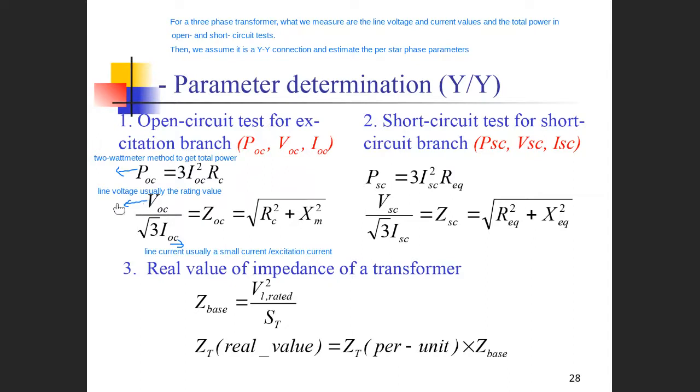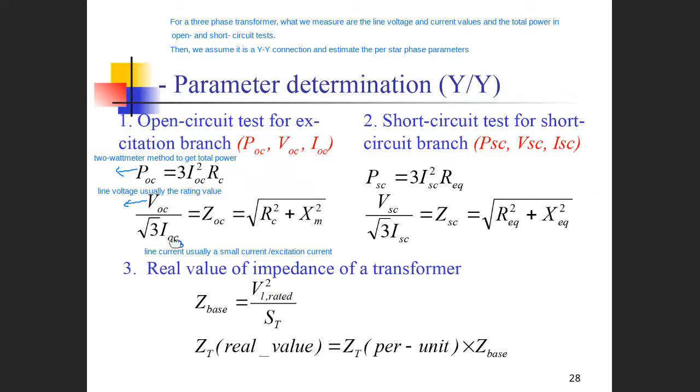And also, the line voltage is usually the rated voltage actually applied, and the currents are usually line currents. For open circuit tests, the voltage input is usually the rated voltage, and the current you measure is a small portion of the rated current. That means the excitation branch current, actually. Then we assume that the system is a star connection. As a result,